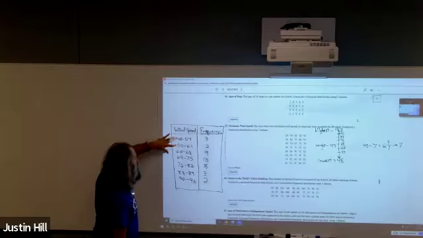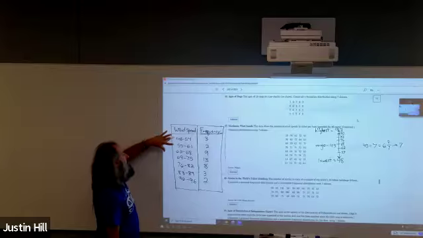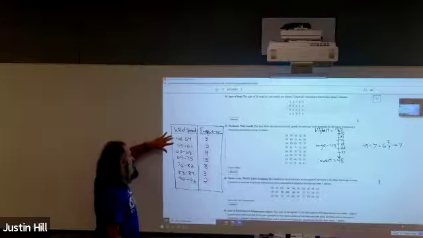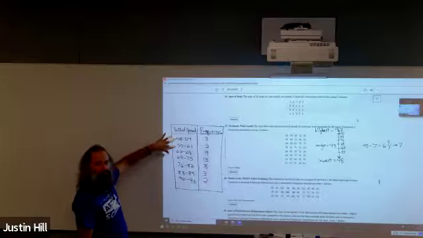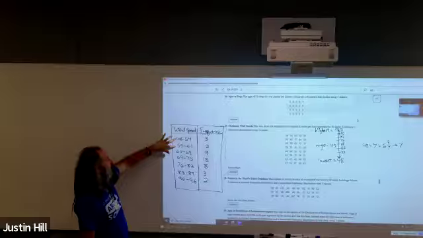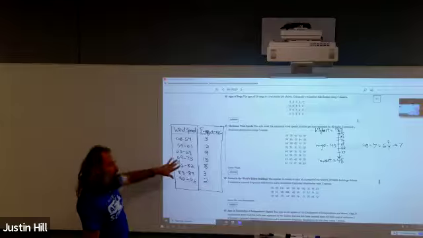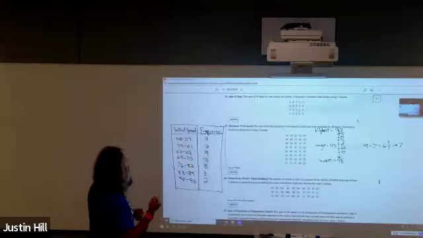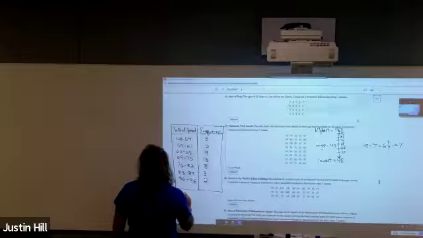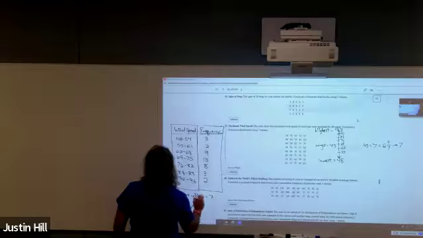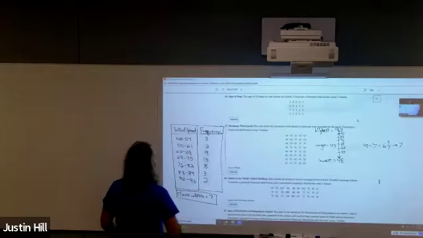You can use either the beginnings of the classes or the ends of the classes, it doesn't matter, but you just want to know how far it is from one class to the next. So how far is it, for instance, from 48 to 55? Good. That's 7. And notice that that continues all the way down. 55 plus 7 is 62. 62 plus 7 is 69, etc. In fact, we constructed it that way. But that tells me that the class width is 7, and that's one of the things they're going to ask for.